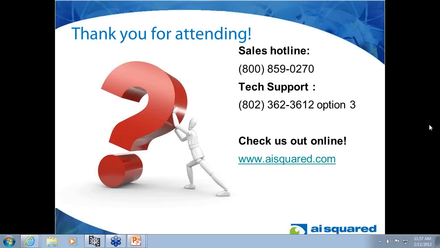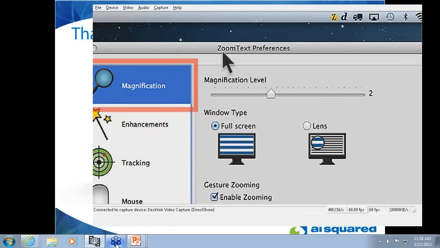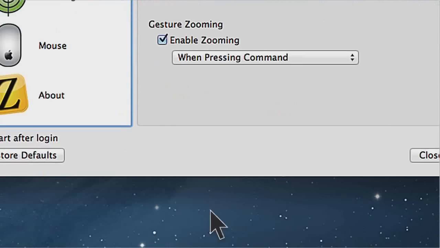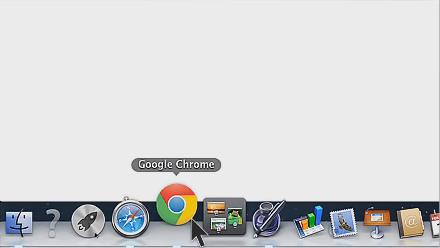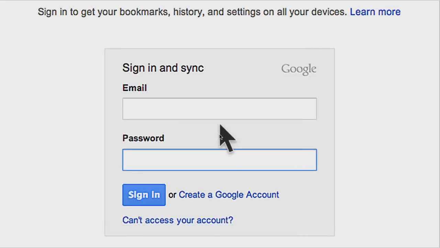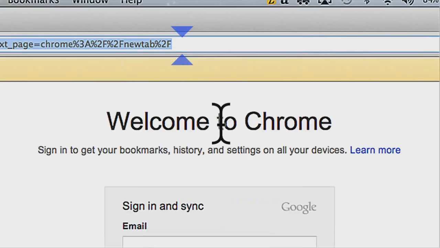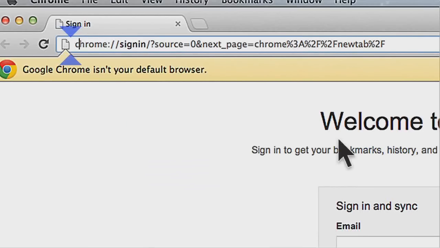Derek, you mentioned that it works okay with Safari. What about Internet Explorer or Google Chrome? There's no Internet Explorer on the Mac that I'm aware of. Okay. Let's see. I haven't really tried it with Chrome. I guess we can see what happens here because we do have it installed. Yeah, it does not look like